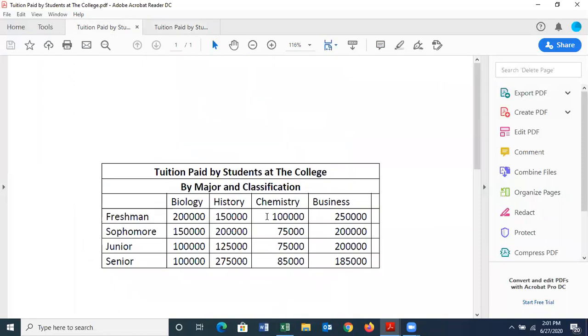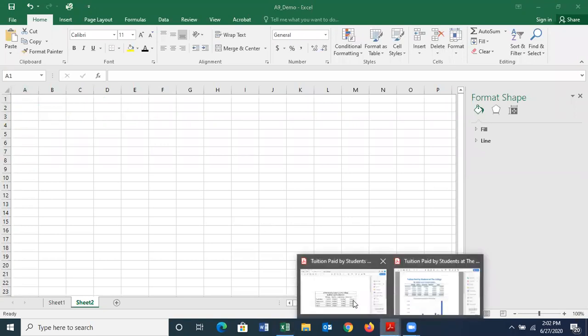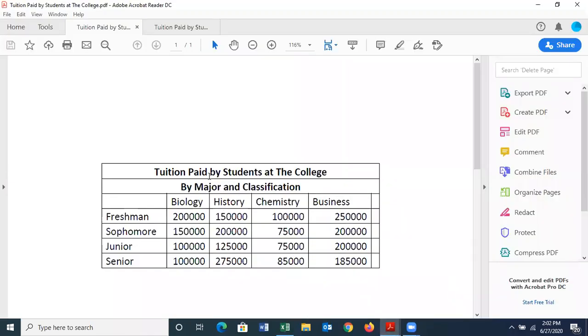So in order to convert the information within this table into a chart within Excel, you want to start by opening a blank spreadsheet. So you want to start by opening a blank spreadsheet, and then, of course, proceed by inputting or typing this